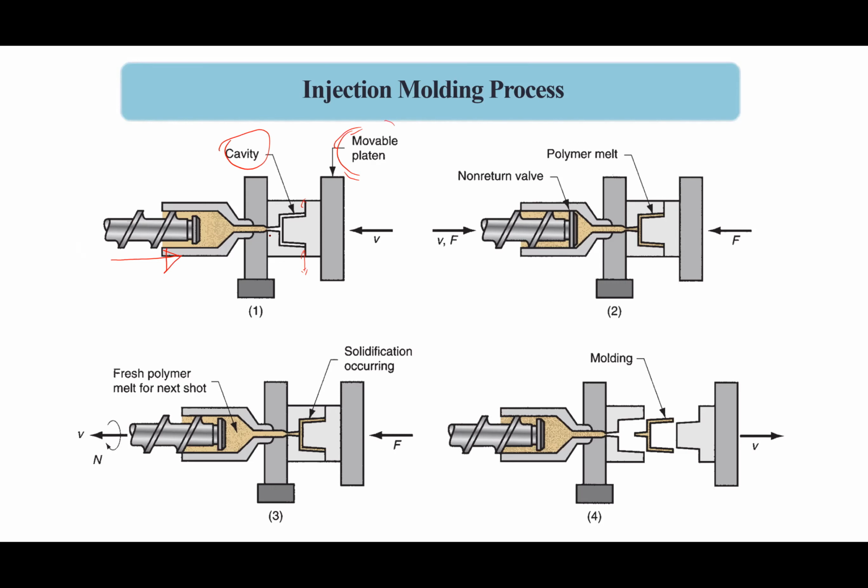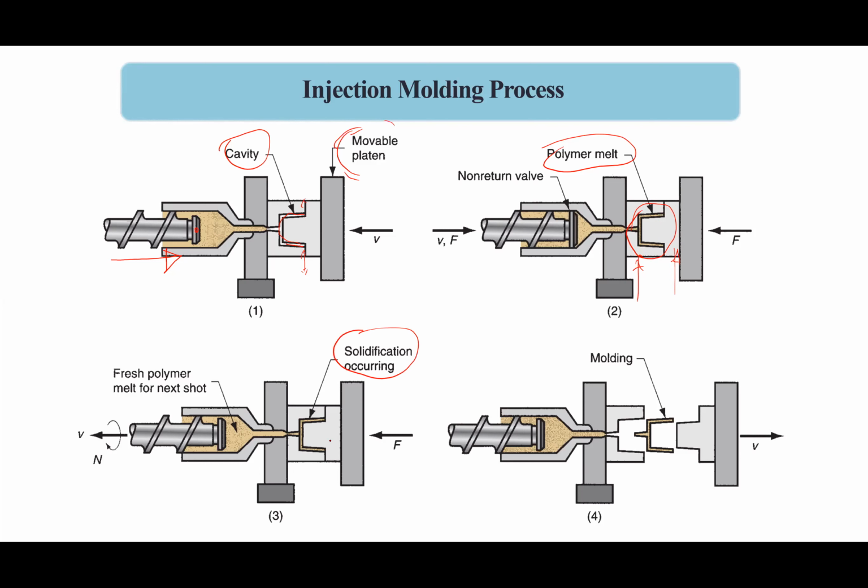And due to that force of the valve in here, the material, and that happens actually very rapidly, very quick movement, and the material actually get injected into the mold chamber. And that's what you can see in here, like material, the polymer melt is into the cavity. Once the polymer melt is into the cavity, and there is the cooling system in the movable or fixed platen. In both platens, there is cooling system. That means water circulation channels inside the mold, and it takes a few fraction of a second to do the cooling process. And then after that, once the solidification is done,